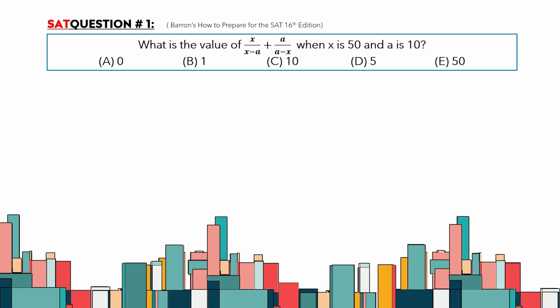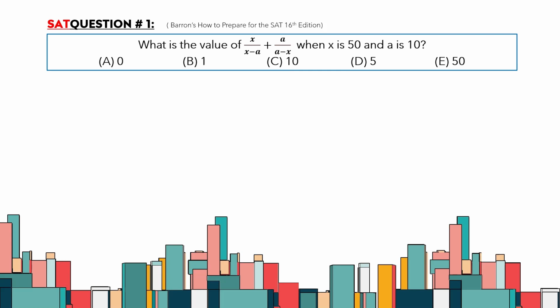So usually we can plug in x equal 50 and a equal 10 in the expressions, but we can have a shortcut when we check for the denominator different from 0, because x is 50 and a is 10, so 50 minus 10 is 40, and also 10 minus 50 is negative 40, so the denominator